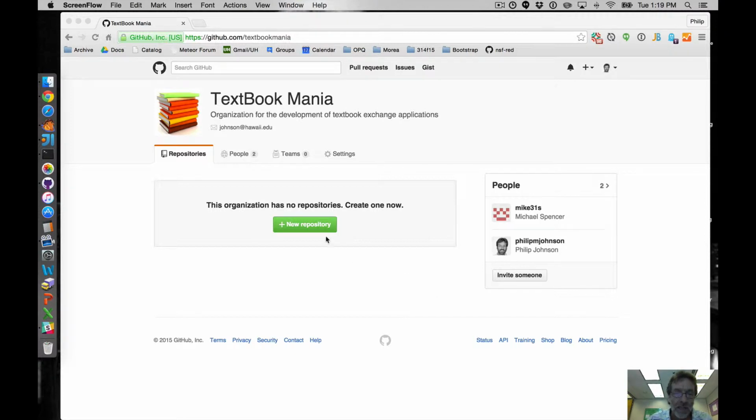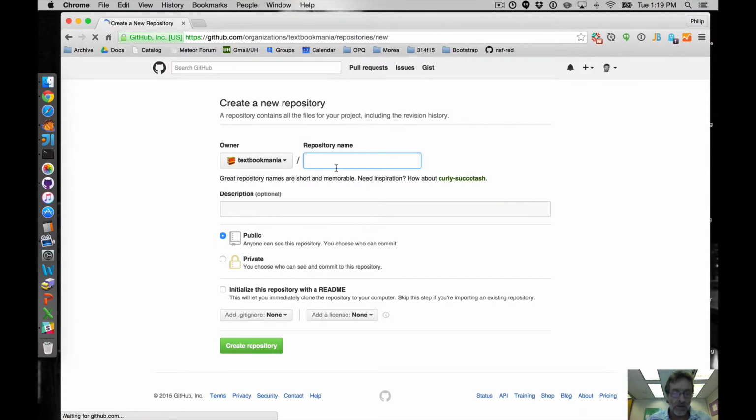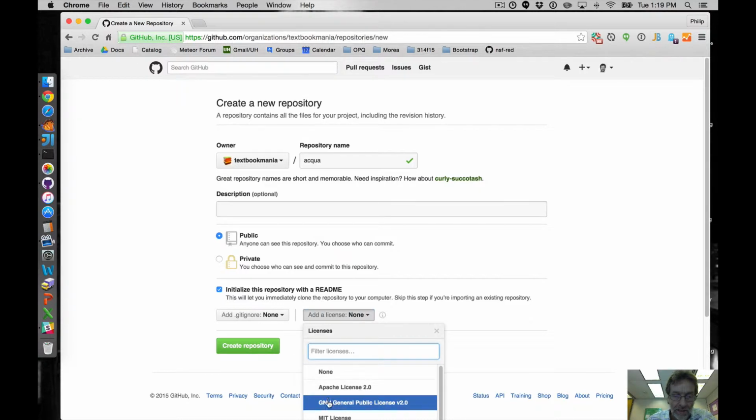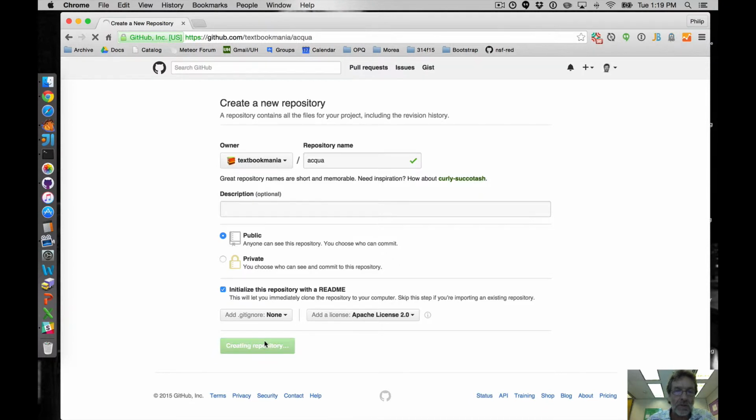So for example, let's say that I wanted to create a repository inside this repo, and we're going to call it Aqua for reasons that if you're taking the class you'll understand. We have to name it by colors. That's a particularly hideous color, I think, for a web app, so I will assume that none of you will want that. You're going to create a public repo. Sure, maybe we want a README. And we'll definitely want a license, so I don't know, you guys got to pick one in your team. So you'll create your repo,